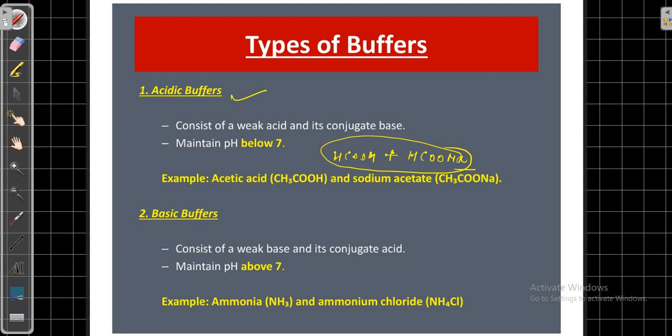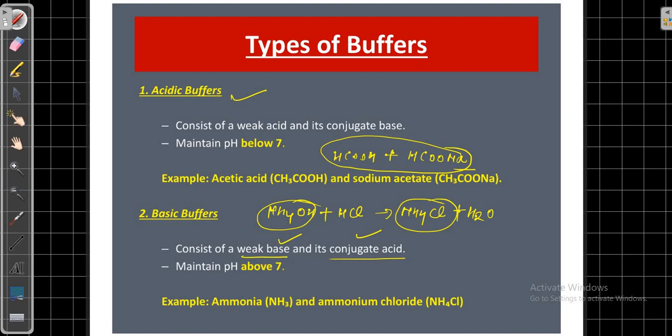बेसिक बफर क्या होते हैं, बेसिक बफर्स कंसिस्ट ऑफ वीक बेस एंड इट्स कंजुगेट एसिड। जैसे कि अगर हम बात करें NH4OH, अमोनियम हाइड्रोक्साइड इज एन एग्जांपल ऑफ वीक बेस। और वीक बेस जब किसी स्ट्रॉन्ग एसिड के साथ रिएक्ट करे तो वो क्या करेगा, कंजुगेट एसिड बनाएगा, NH4Cl प्लस H2O। तो वीक बेस NH4OH और उसका कंजुगेट एसिड, इनका मिक्सचर जो है हमारा बेसिक बफर